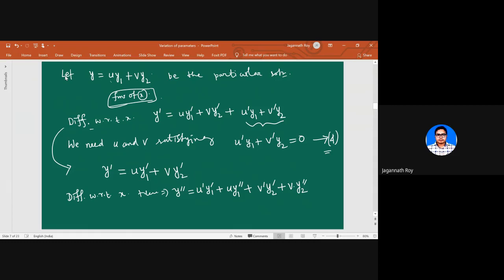So we have these values: y double dash, y dash, and y. Substitute the values of y, y dash, and y double dash in